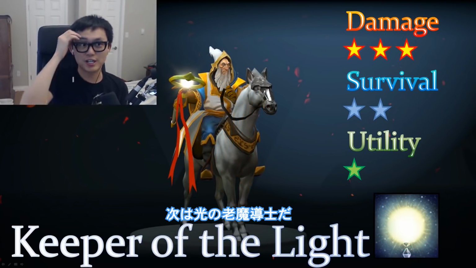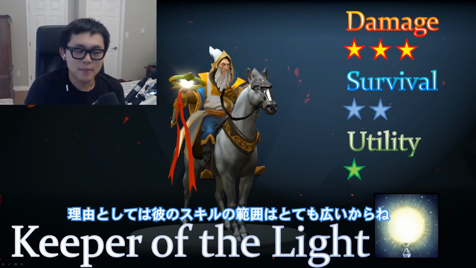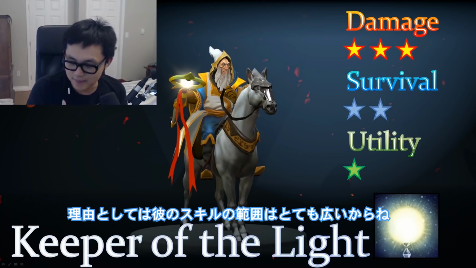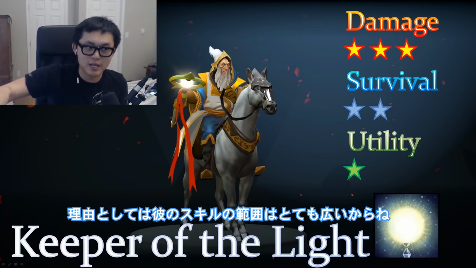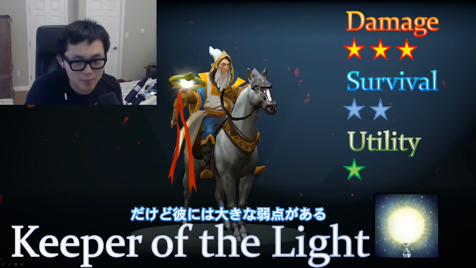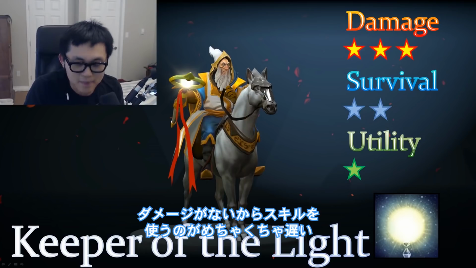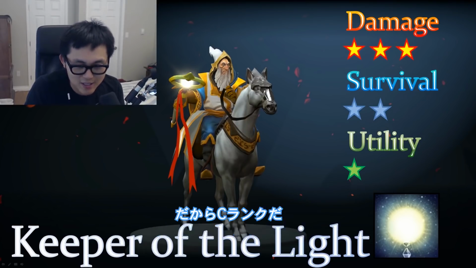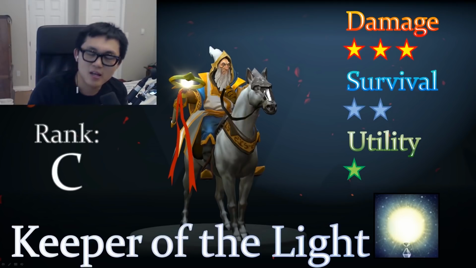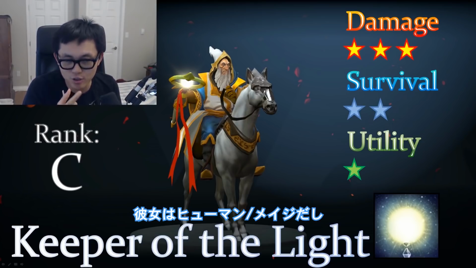All right, next up we have Keeper of the Light. He does have a lot of health, but usually place him in the back because his ulti is a very huge AoE, right? He does a lot of damage. However, there's a big problem with Keeper of the Light. He does no damage, okay? And because he does no damage, he does not charge up his ulti fast enough, which means that he's a C. The best comp for Keeper of the Light is Crystal Maiden, actually, because Crystal Maiden is also a mage,